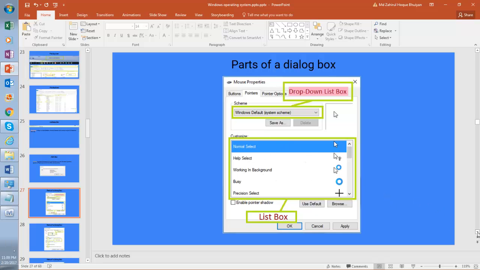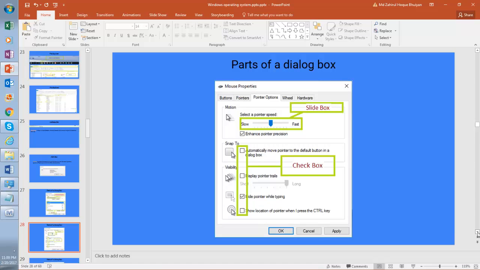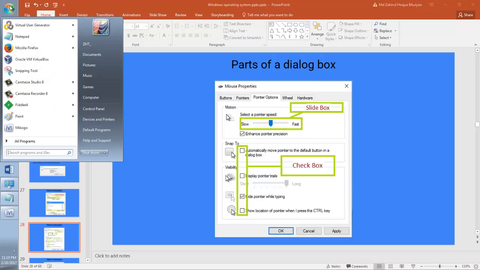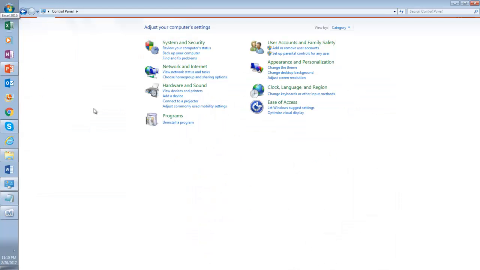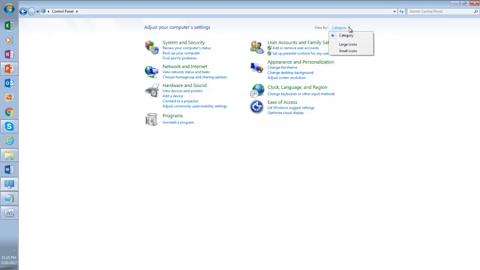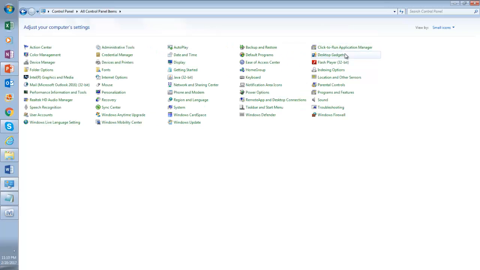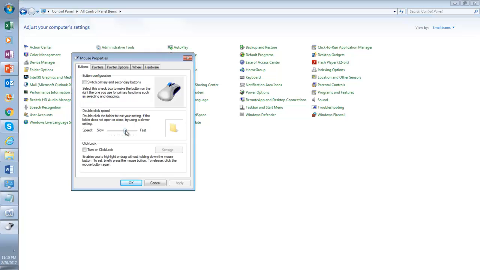Then let's go to the next slide. Parts of a dialog box. Now you will see, if I go to this mouse properties, let me actually go there. If I go to my control panel, can you see I can see only 3, 4, 5 or 6 items, but if you select small icons, now you will be able to see more items. Now from there, if you go to your mouse, now can you see